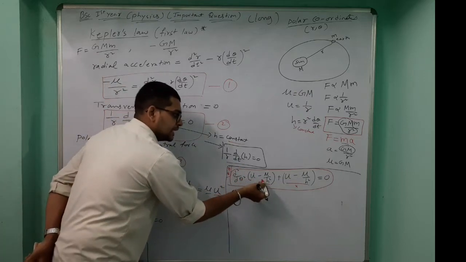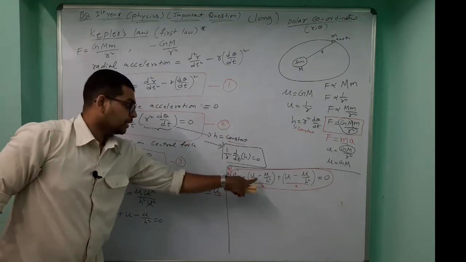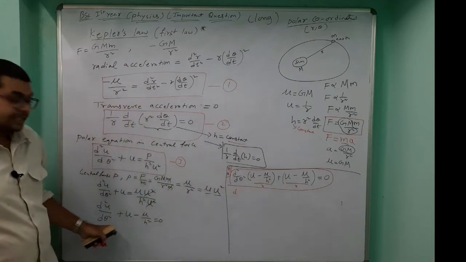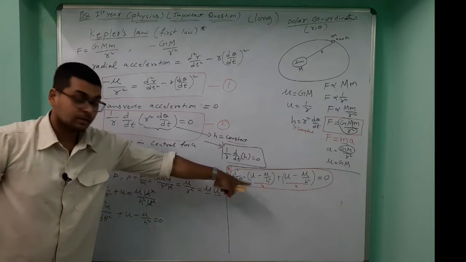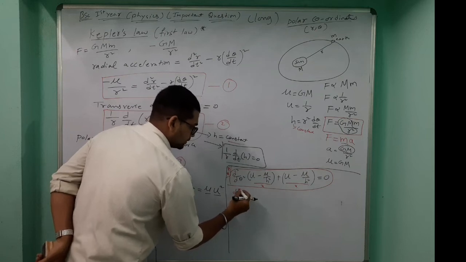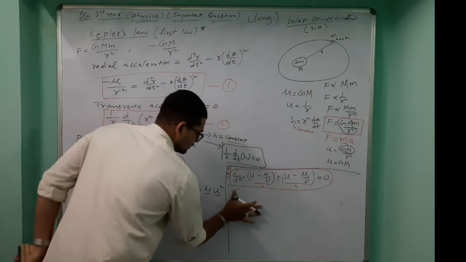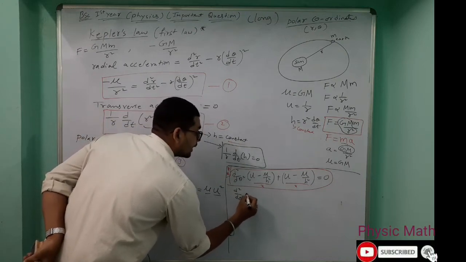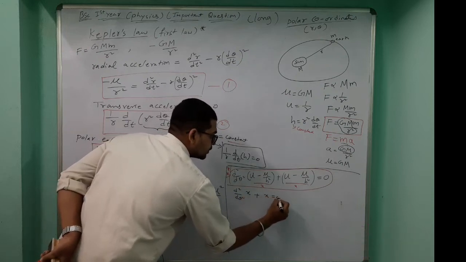This is also x. Now the equation will become, if you differentiate that one, it will come like this: d square u by d theta square. Minus of, if you are differentiating this one, this is constant, this will become 0. So we get this one, and the constant is as it is. Now x is there, so it will become d square x by d theta square plus x is equal to 0.